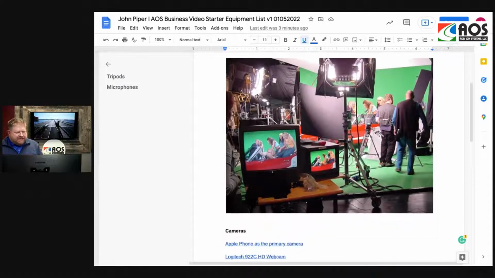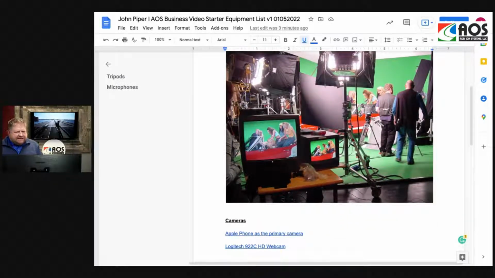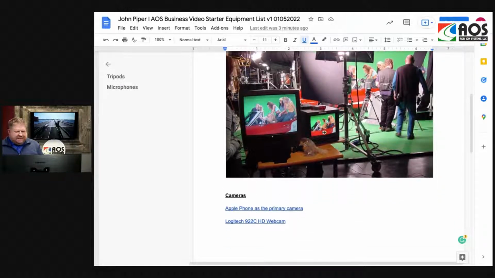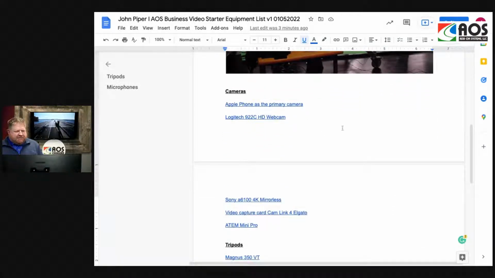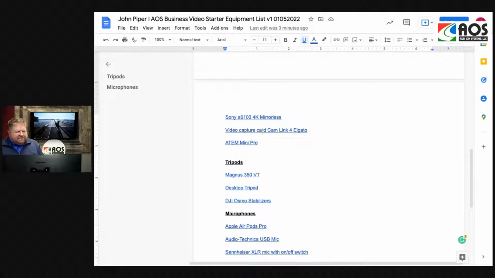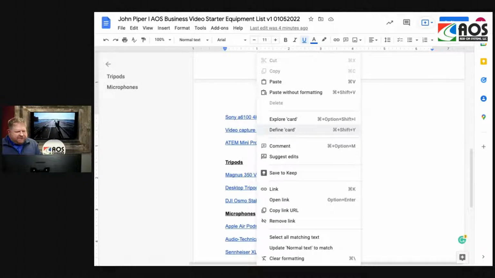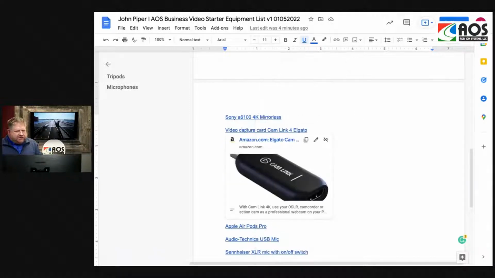So where we picked up, that's an example of a pretty elaborate studio. There's probably anywhere from 40, 50, $60,000 worth of equipment. The point is, you don't have to start there. You don't have to end there either. We talked a little bit about cameras last week, and I do want to share the capture card, which I have in my hand right now. If you're using a Sony mirrorless or a DSLR or even a camcorder, you will need a video capture card. I didn't have this up last week, so I want to share it with you this week.